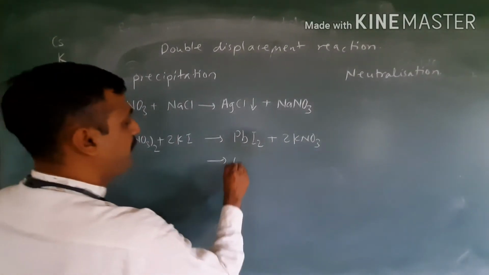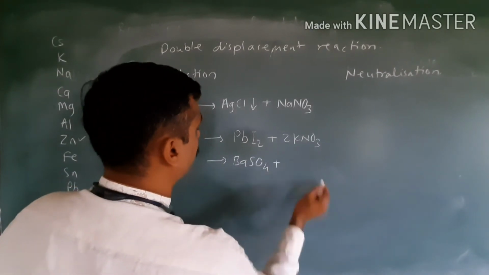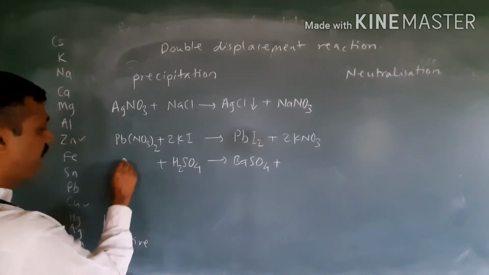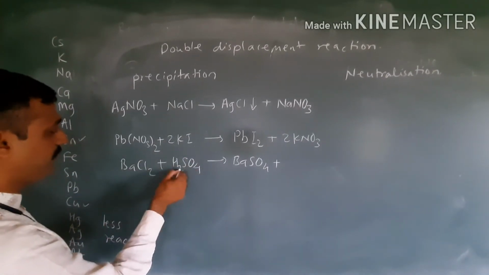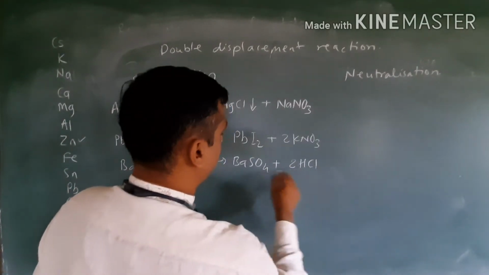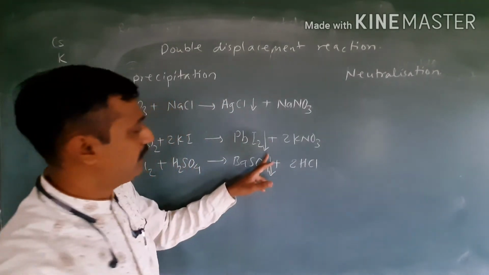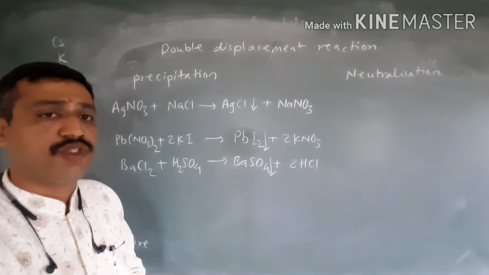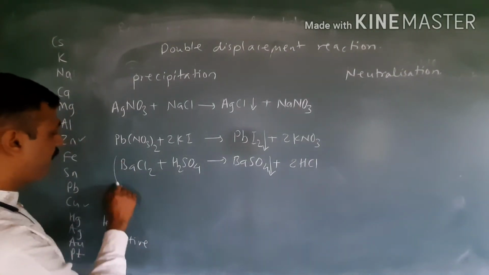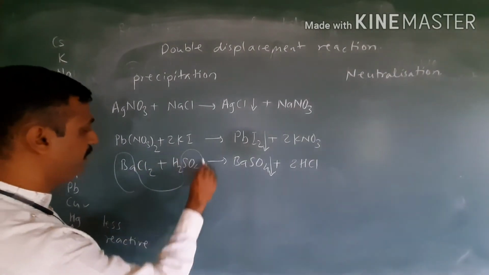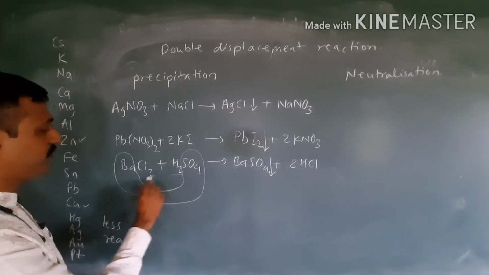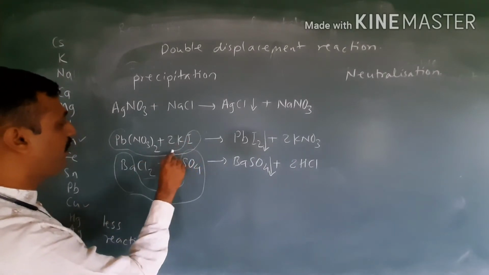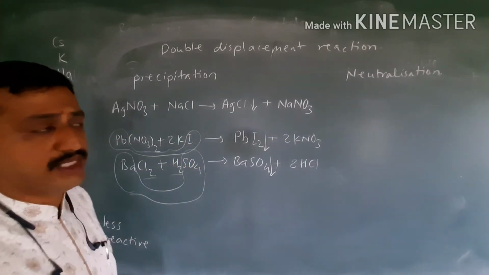Okay. In the same way, the barium sulfate example. Barium sulfate is also a white colored precipitate. How will we get it? We should mix aqueous sulfuric acid with barium chloride. So we will get barium sulfate and aqueous hydrochloric acid. Precipitates are shown by downward directed arrows, meaning there is a formation of insoluble solid. See here, barium from the first substance and sulfate from the other substance. Okay, and these two remaining form another compound. Same is the case with lead from one substance and 2 iodine from the other substance. So these are the precipitation reactions.